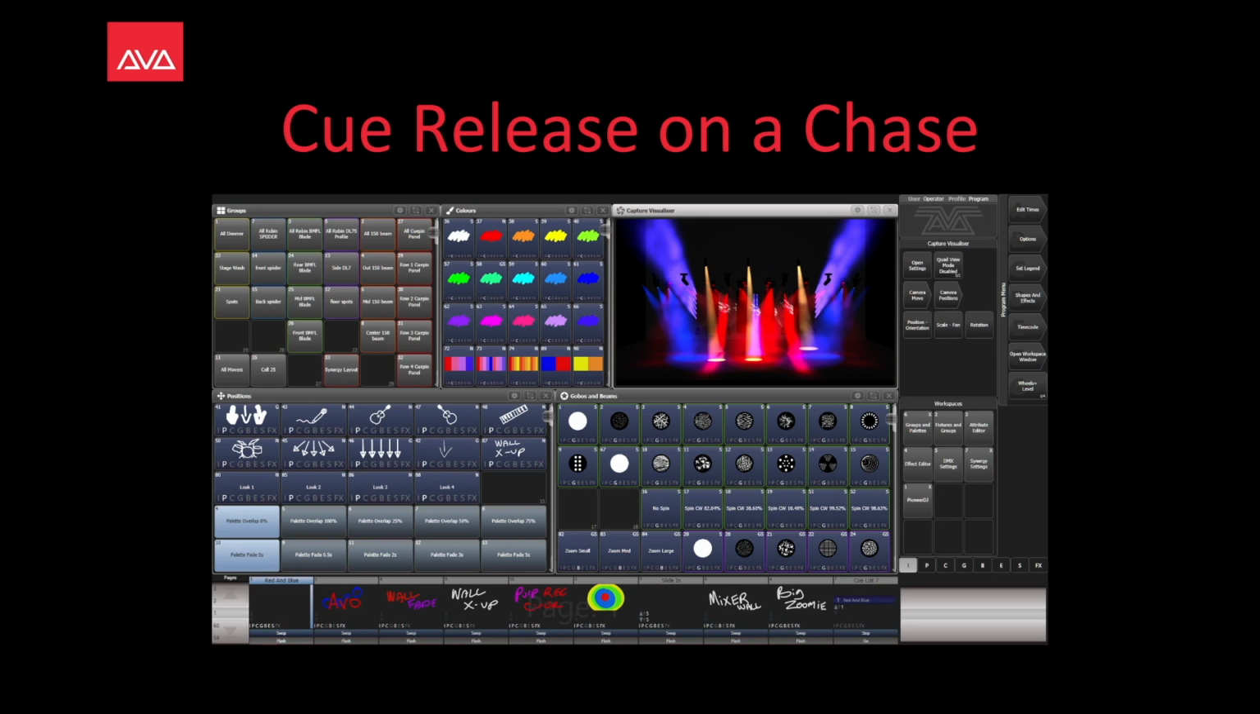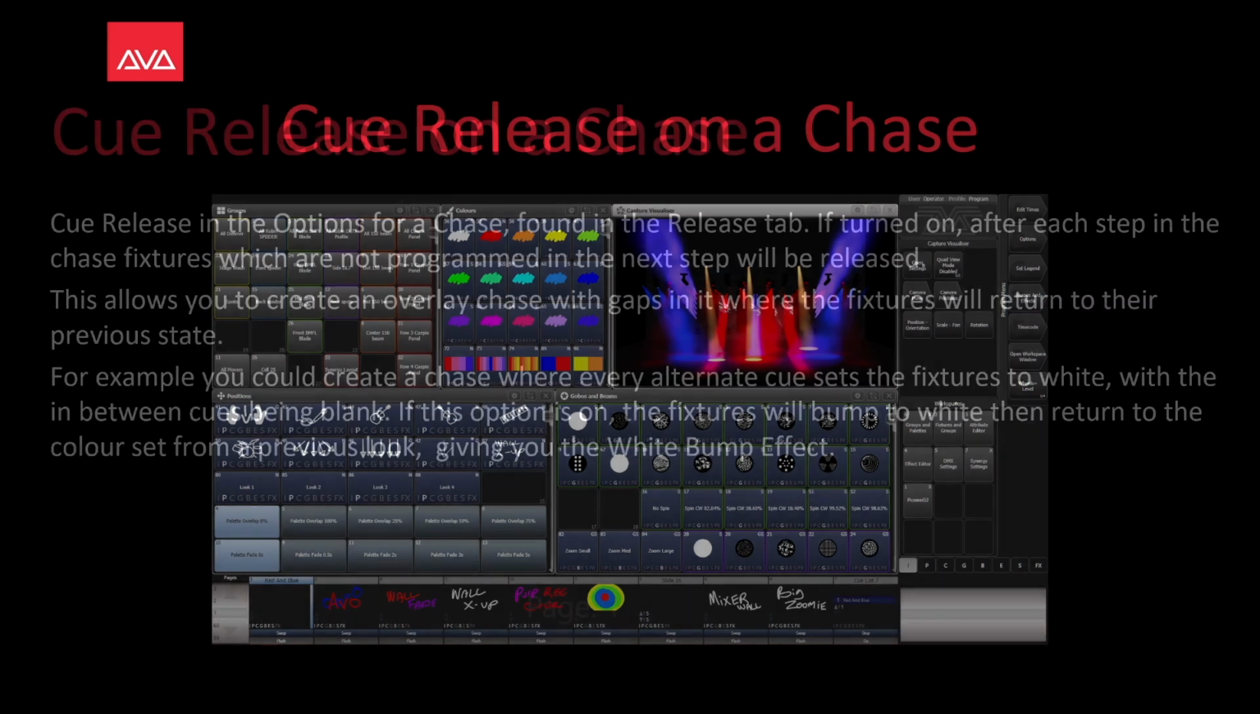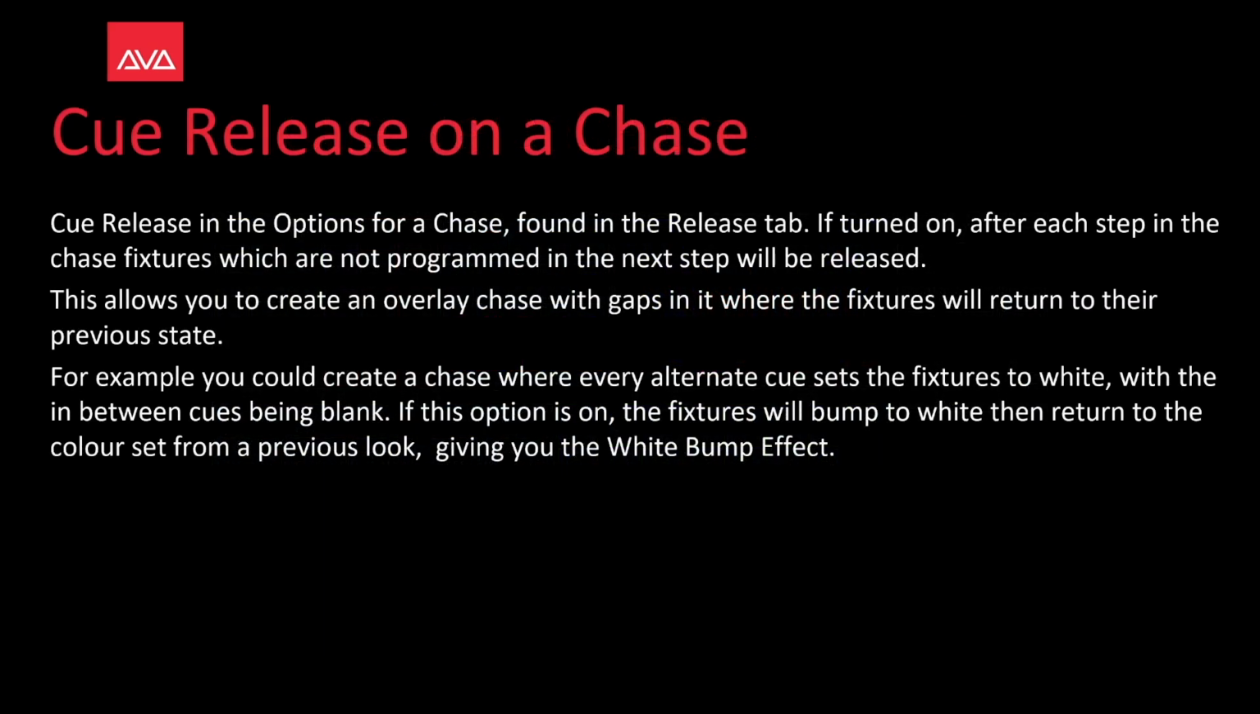In this video, we're going to talk about queue release on a chase. Queue release are the options for a chase found in the Release tab. If turned on, after each step in the chase, fixtures which are not programmed in the next step will be released. This allows you to create an overlay chase with gaps in it where the fixtures will return to their